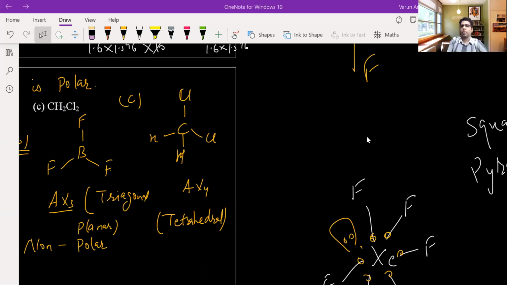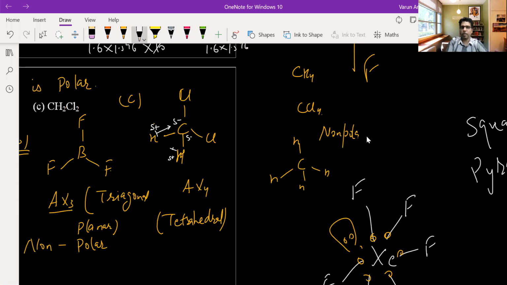So see, molecules like CH4 or CCl4, which are tetrahedral in shape and are symmetrical, are non-polar. But this is not symmetrical. Here, all the four atoms are not the same. So over here, if you see, what will be the direction of dipole moment? Over here, carbon will have the delta negative charge and the direction will be like this. And over here, chlorine will be the delta negative and carbon will be the delta positive charge. So the direction is like this. So they are not cancelling out each other. They are adding up basically. So it is a polar molecule.